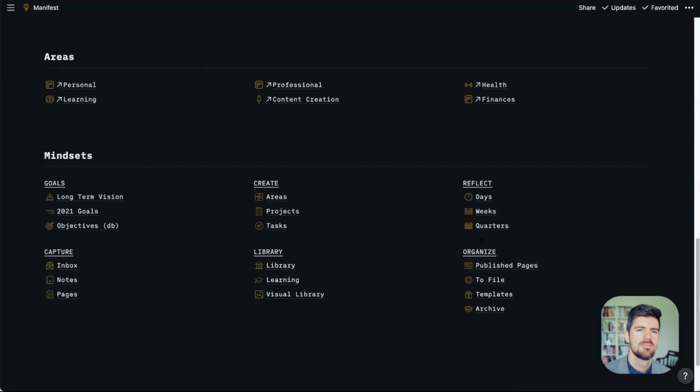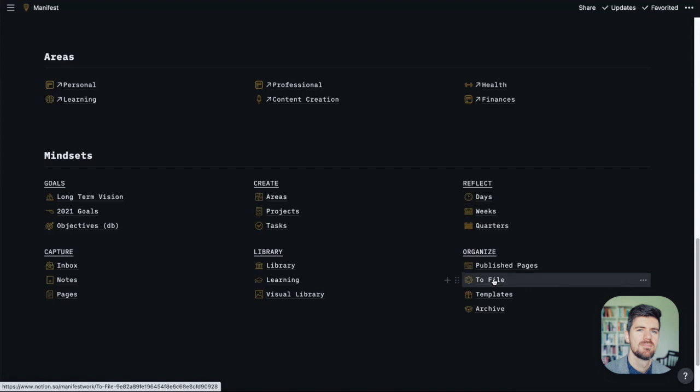And the organized mindset, lastly, is an area for pages that didn't quite fit in any other mindsets. For example, pages that you've published that are shared publicly or with collaborators, that you want to make sure don't get deleted or moved, or the rights change, which can happen, get into this space, as well as an area to file, GTD method, cleaning out your spaces, or files you've imported from elsewhere and haven't quite sorted.